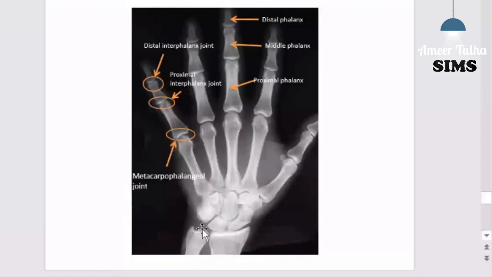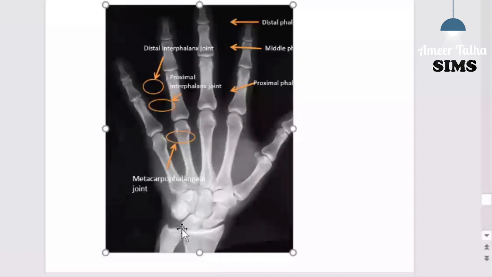In the case of examination in the spotting slides in OSPE, either a pin is applied here at this point, which you will write as the styloid process of ulna. In the case of radius, the head is towards the elbow, while in the case of ulna, the head is towards the wrist joint. The pin here you will write as the styloid process of ulna, while the pin here you will write as the styloid process of the radius.